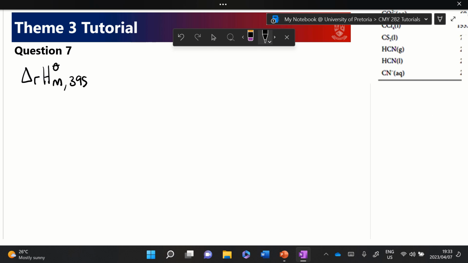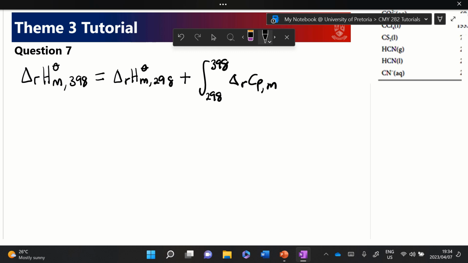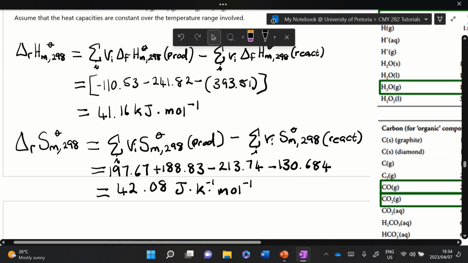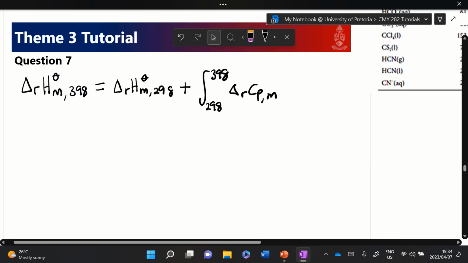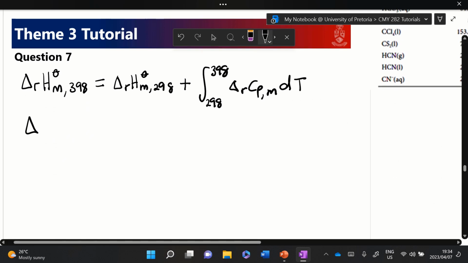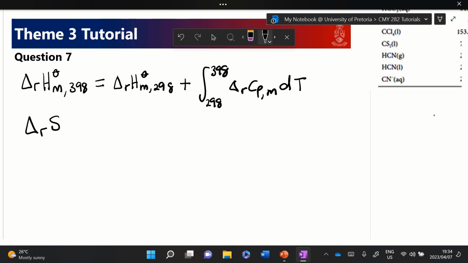Yeah, ΔᵣH at 398 Kelvin is equal to ΔᵣH at 298 Kelvin plus the integral between 298 Kelvin and 398 Kelvin of ΔᵣCpm, because remember we're looking at a reaction, so we have the heat capacity of a reaction, dT. And similarly for the entropy, we will have